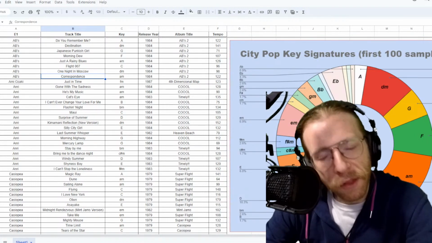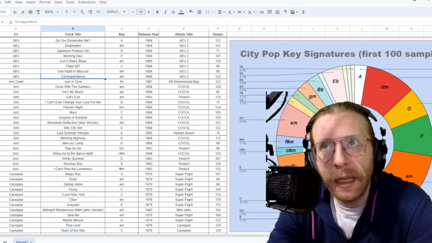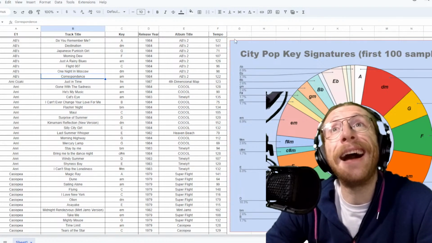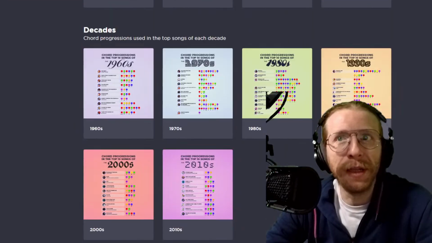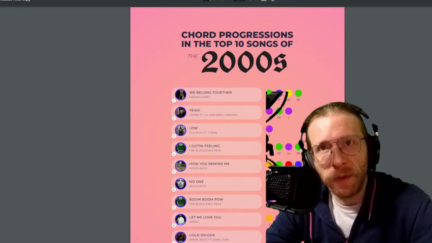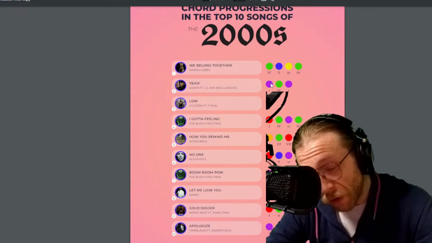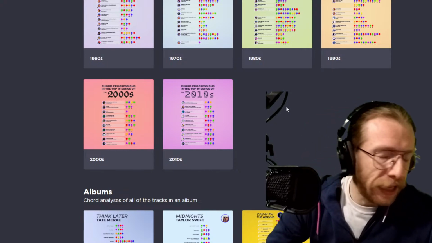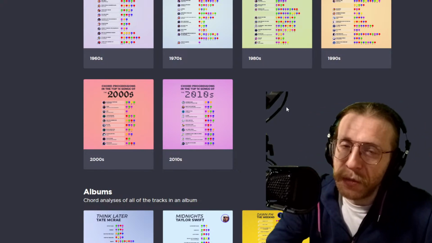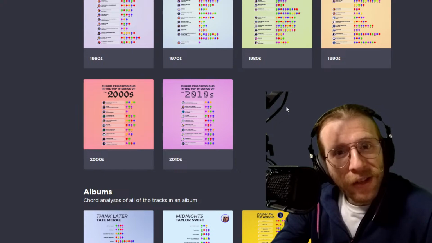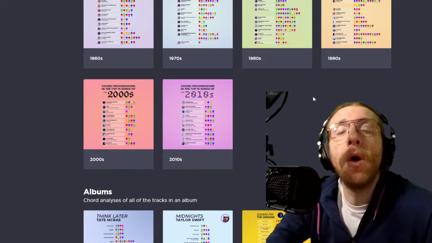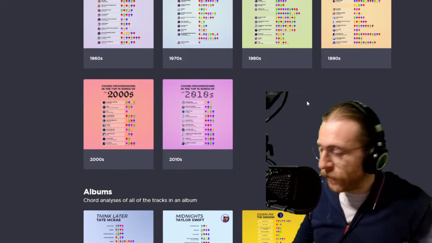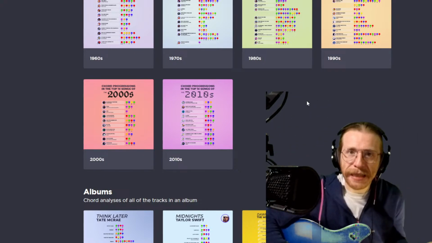I've been going back and forth on this, on how to do this, because some of these city pop songs, by virtue of city pop, which is being the opposite of what we saw over here with 2000s pop music getting distilled down into 3 or 4 chord progressions. That is not the case with city pop. It's incredibly complex music based in jazz. So a lot of times they'll do songs that are modal shifts. So it'll be an A major, A minor, which sounds like, oh, well, that's easy. You're just going,